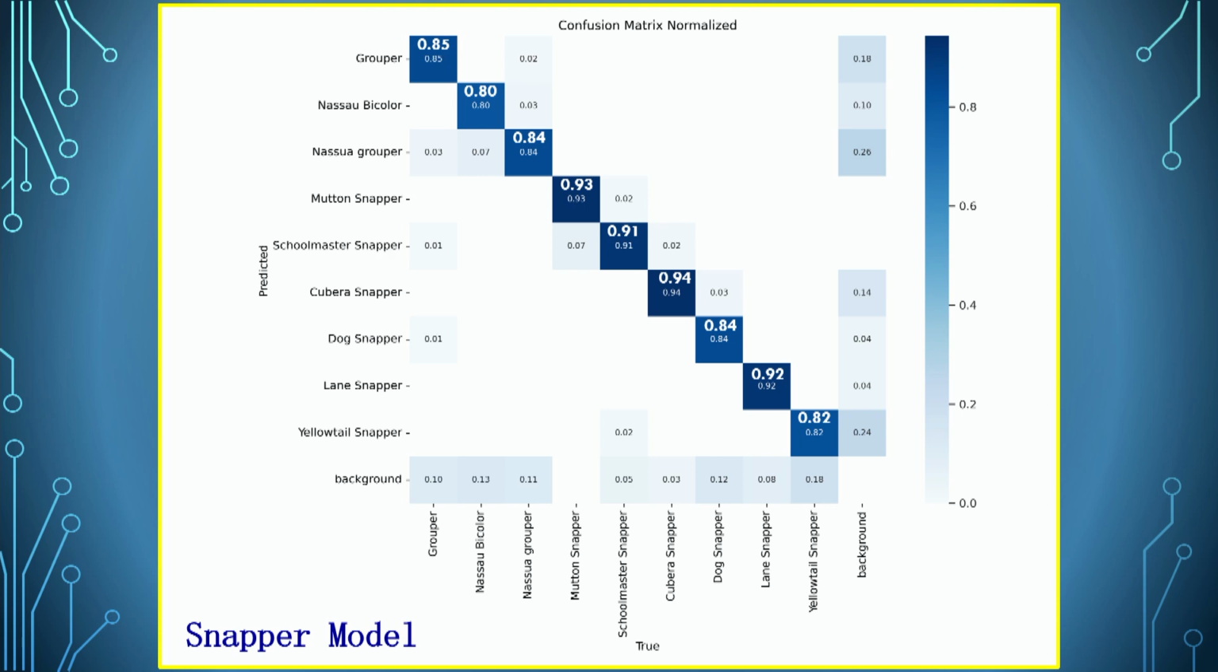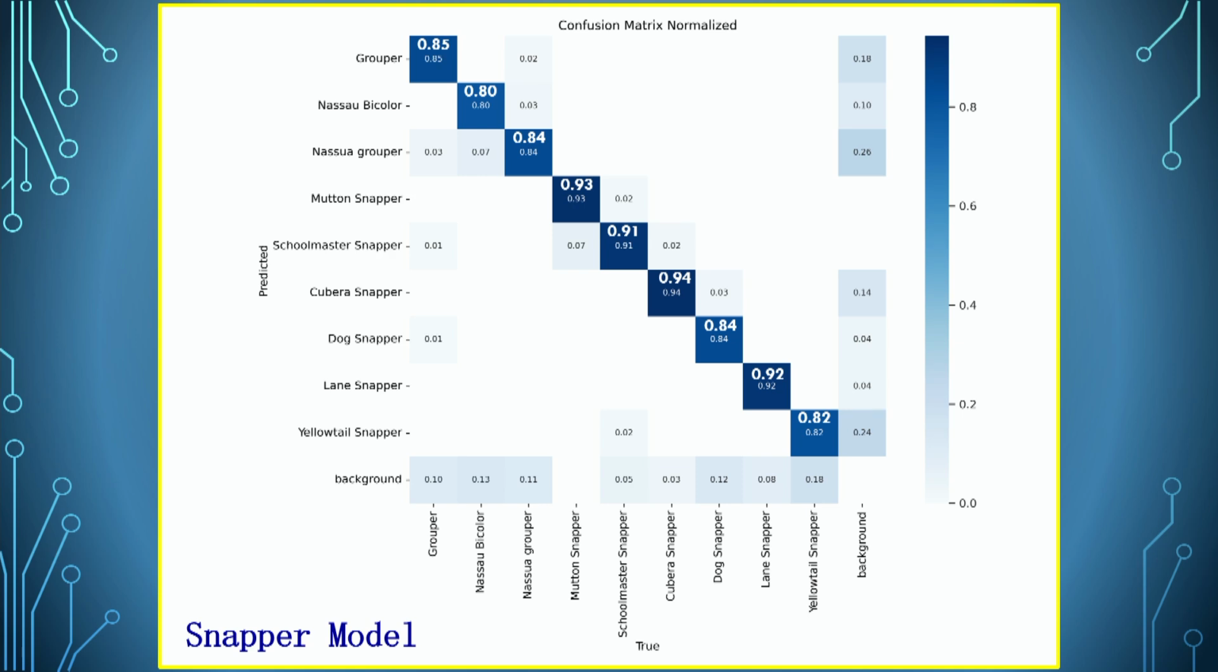The true snapper species are on the bottom, the x-axis, and what was predicted on the y. You can see that with the snapper species, you get between 84 and I think 94% accuracy. So this model was really good at predicting snapper by species. And also,